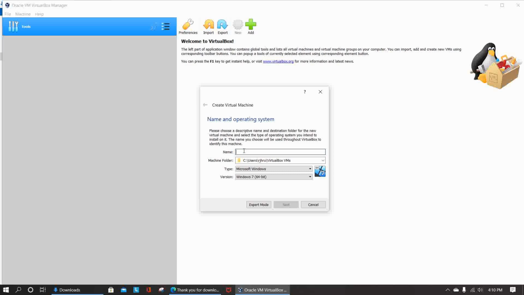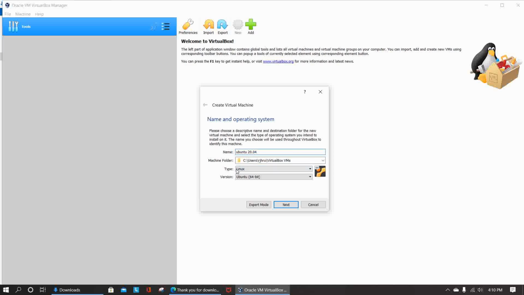It will ask for the name of the machine we are going to create. So we will give the name as Ubuntu 20.04, and this is the folder where your VirtualBox files will get installed and downloaded.